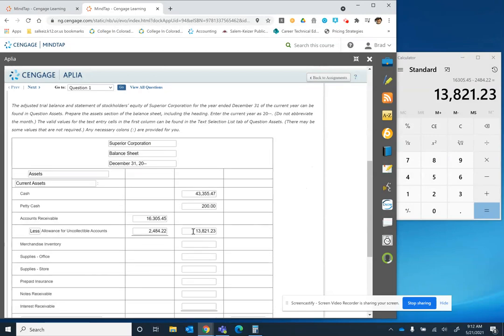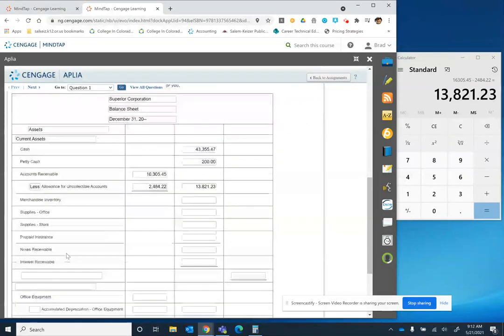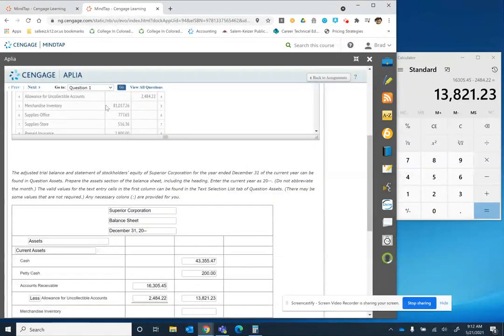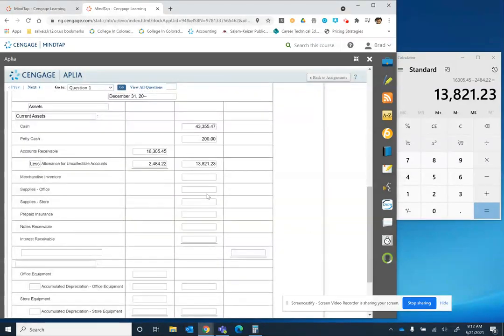Then we're going to continue on to get our merchandise inventory all the way down through our interest receivable. We're going to find those right here. So I'll start filling these out. Merchandise inventory is going to be $81,017.26. Supplies office is going to be $777.65. Supplies store is going to be